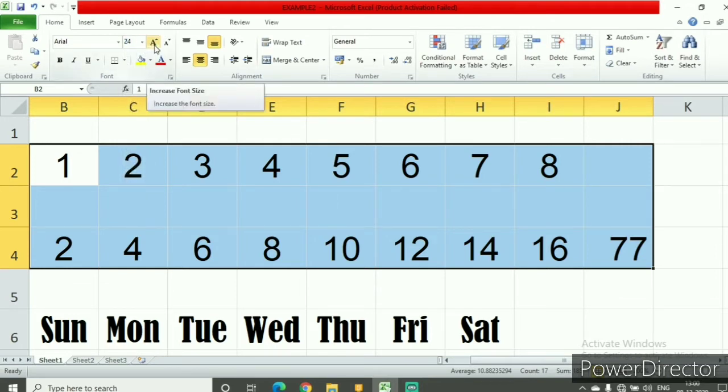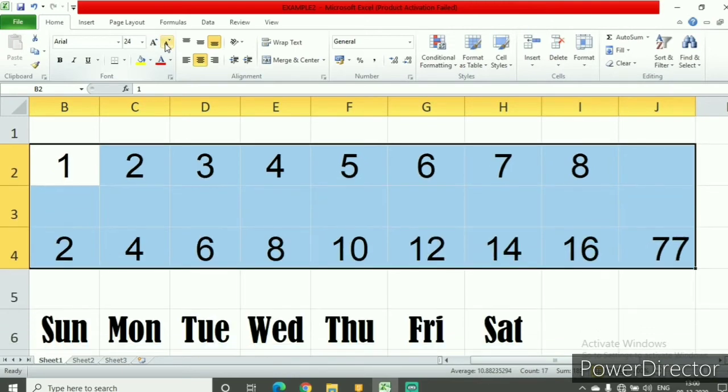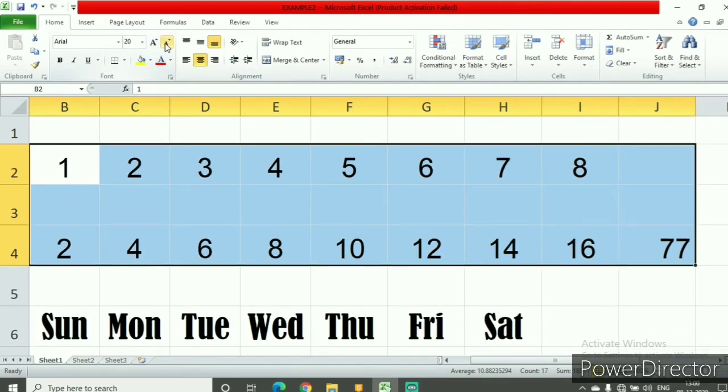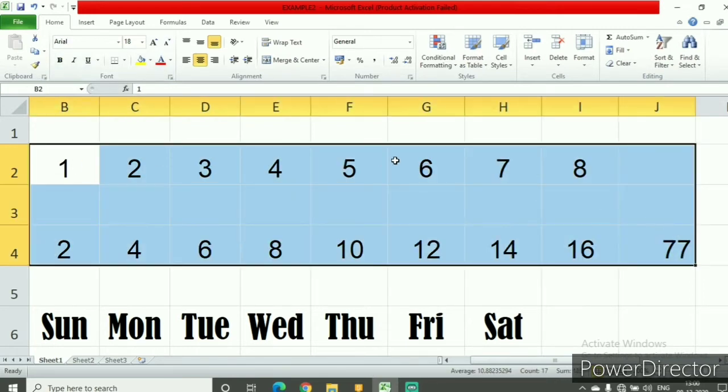Also you have a shortcut here to increase and decrease the font size. Suppose I click here, it will increase the font size. Suppose I click here, it will decrease the font size. Now also I have an option here to make the font bold. Now all this selected area, I can make it bold. See, either I can make it bold or I can remove the bold option.